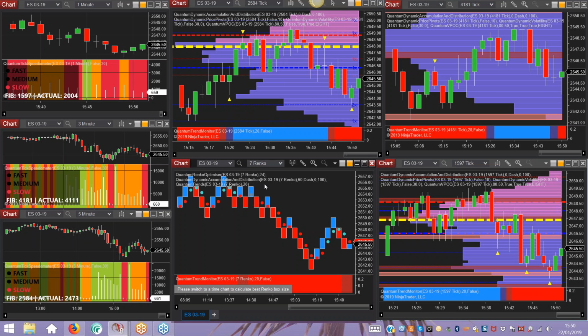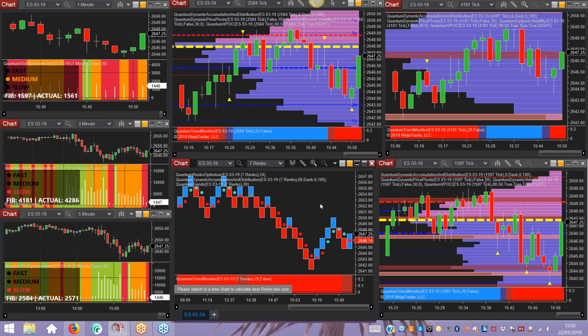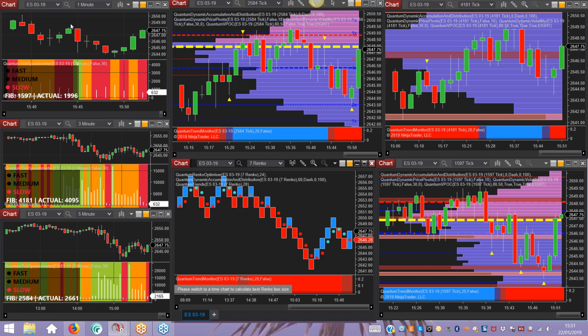Okay, and I've got the tick running here. This is running on 7 at the moment, which is 1 3/4, so it's 7 ticks basically. And this is the tick speedometer, which delivers the tick setting for these 3 tick charts, which I've got here, the top 2 and the one at the bottom. And then you've got the Renko, which just gives a different perspective on a non-time-based chart, which is what this workspace is really all about. There's no aspect of time here other than over here, which is delivering the tick speed setting for the associated time-based charts. I've got a 1 minute, a 3 minute, and a 5 minute here.